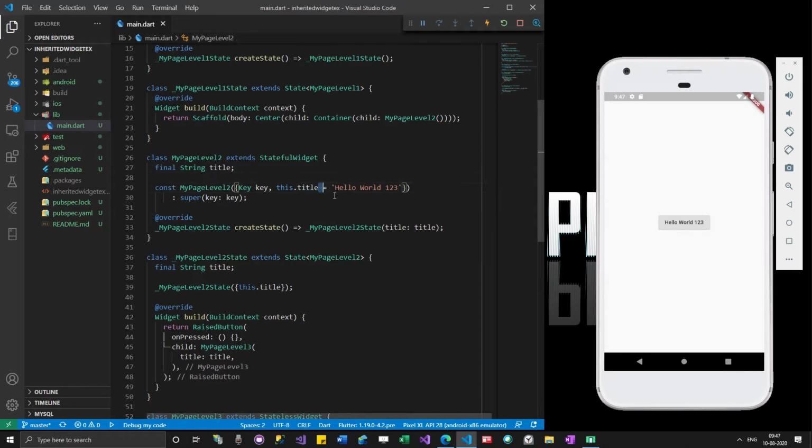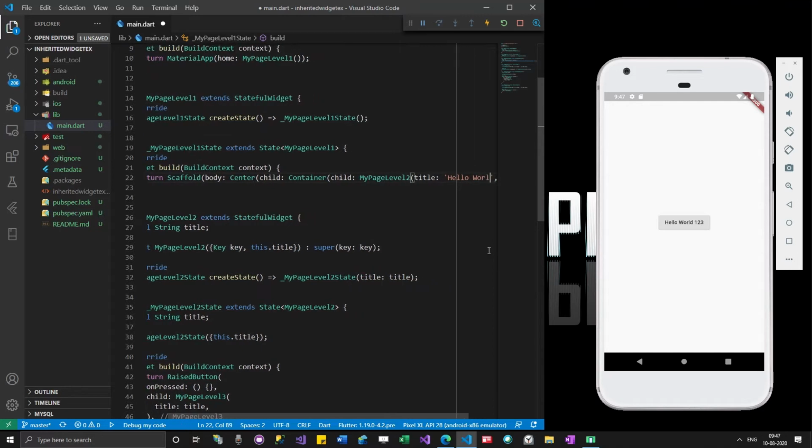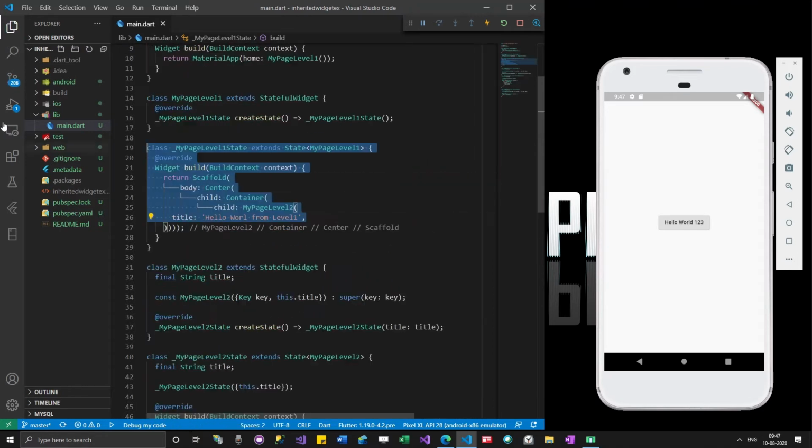But I don't want to give a value over here. I want to give a value over here, right? So this will be title, hello world from level 1. So you can see that this value is here now.